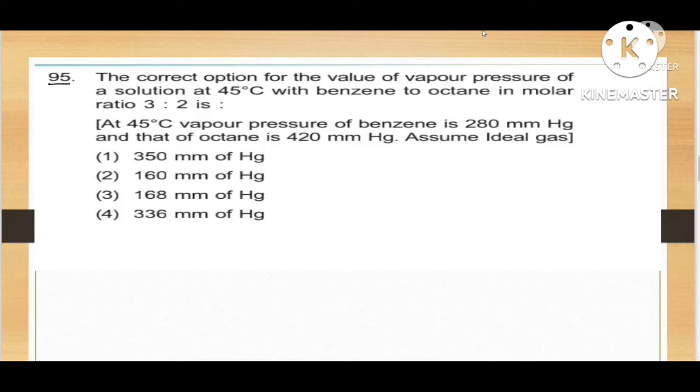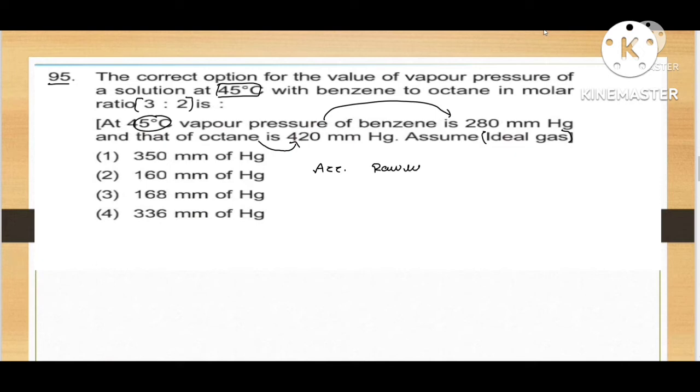Now let us discuss question 9.5. What is the correct option for the value of the vapor pressure of a solution at 45 degrees with benzene to octane in a molar ratio of 3:2? At 45 degrees, the vapor pressure of benzene is 280 and the vapor pressure of octane is 420 mmHg. You have to assume an ideal solution. We know that according to Raoult's law,